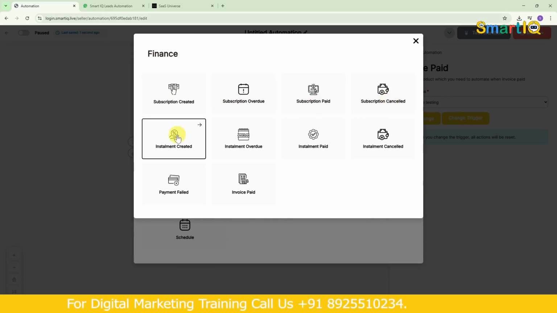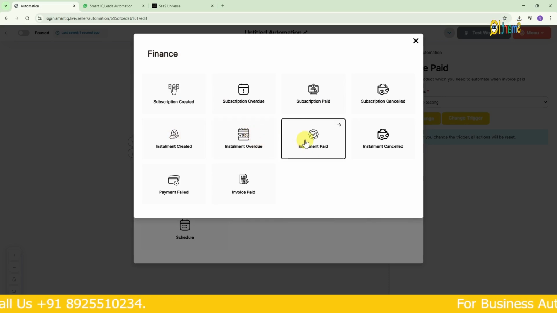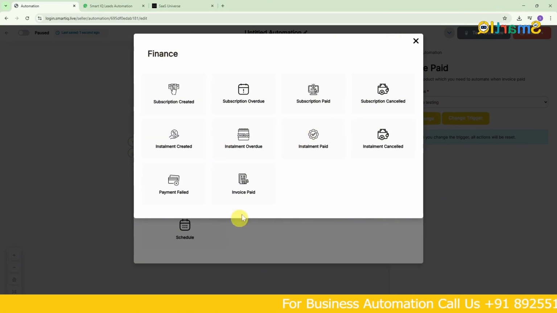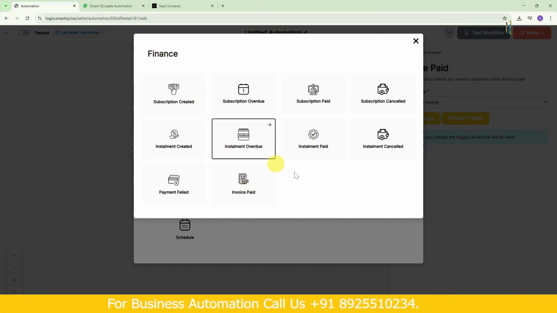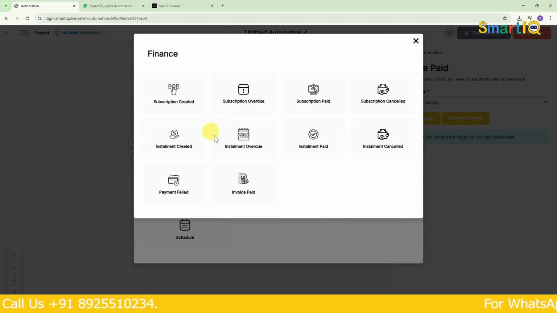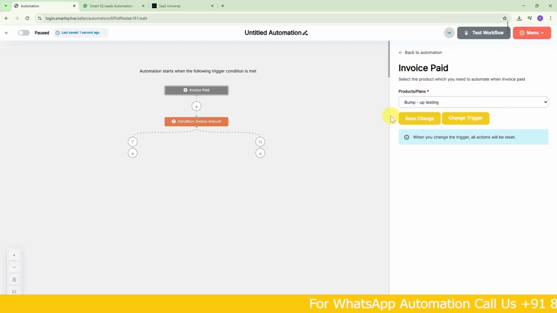When you create it, it doesn't send a message. If their installment becomes overdue, it adds them to a separate pipeline, right? It sends a message. After the installment is paid, you get a notification. Like this, you can track everything. Once they pay the invoice, it adds them to a CRM, right? You can follow up with them. In this way, whatever your business needs, all of it can be customized to work for you. Our team will come and set it up for you. So this is what finance and workflow is all about.